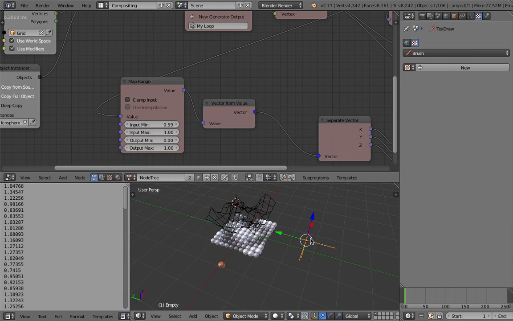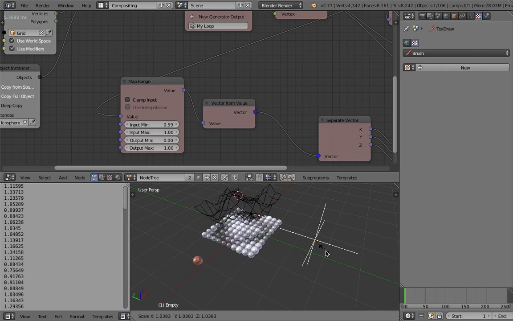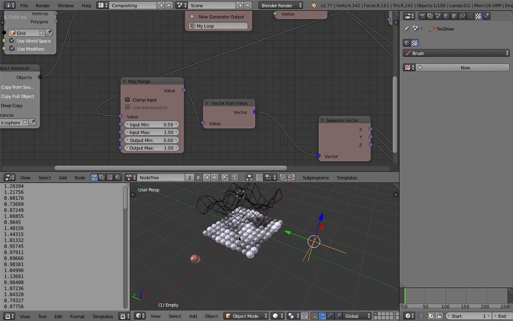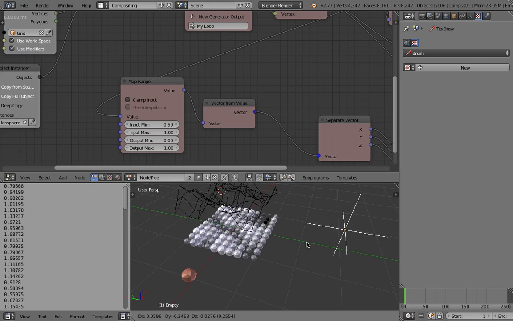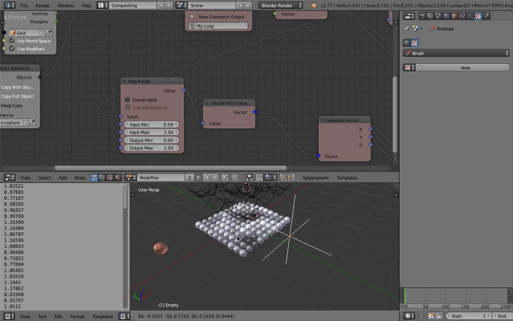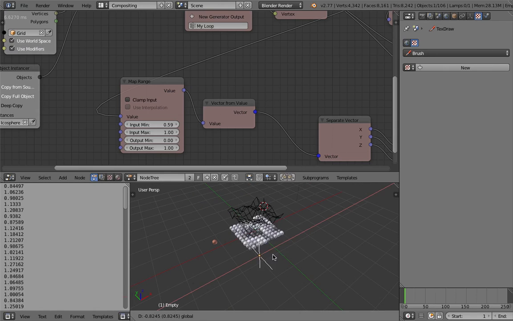And sometimes with a texture coordinate being controlled by a locator, you might want to scale your locator, scale down, scale up, and that can change the texture. You can see that's actually a quick way to change the scaling of the texture, and then that will affect the result.